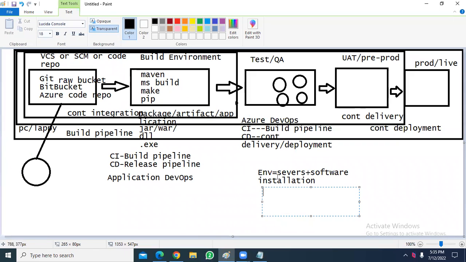We don't create any environments. When we speak about generic DevOps, with other tools like Ansible, Terraform, and Docker, by using those tools we are going to create infrastructure. Now, what exactly is Azure DevOps? This is about DevOps.